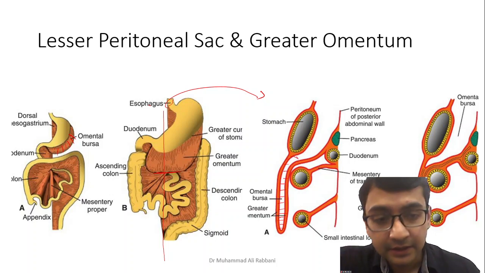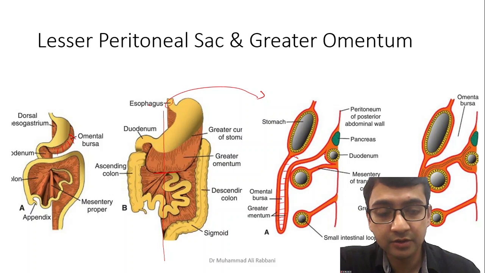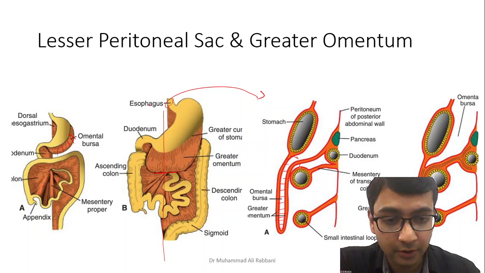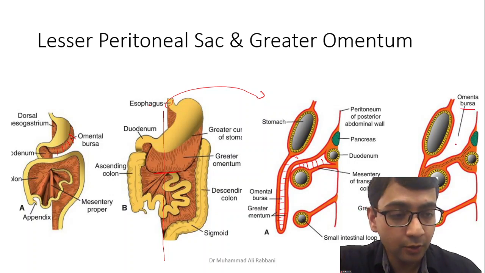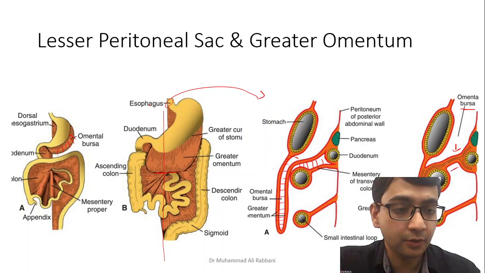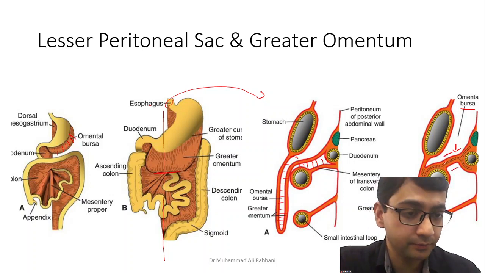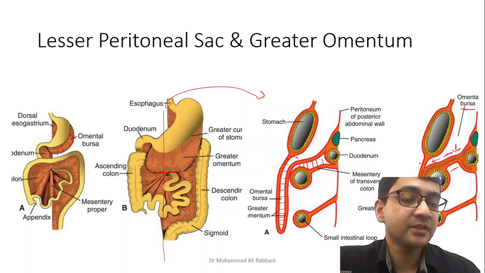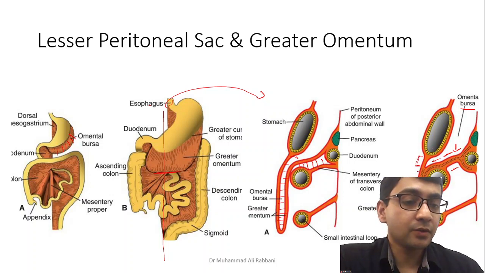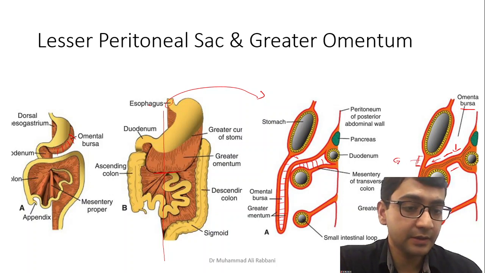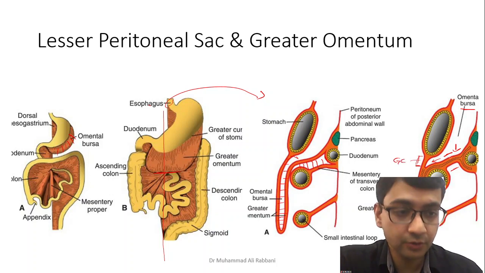At the same time, this space, this dorsal mesogastrium going from the superior aspect of the transverse mesocolon, they fuse with one another also. So we are left with the omental bursa or the lesser sac, with the lower floor that is now the transverse mesocolon, and anteriorly it is limited by the membrane of part of the peritoneum that is between the greater curvature of stomach and the transverse colon, the gastrocolic ligament. So this is the lesser sac.